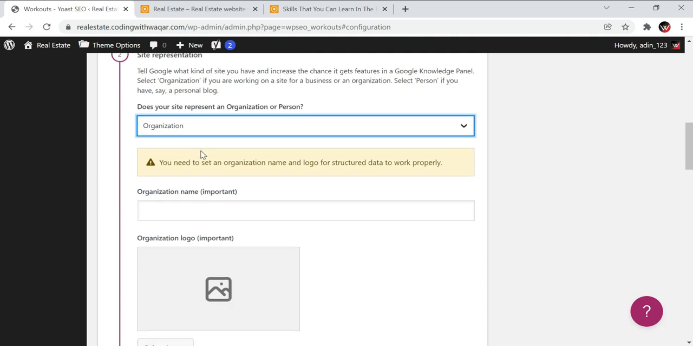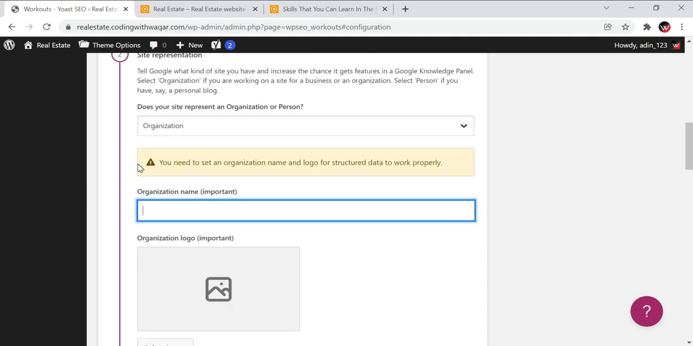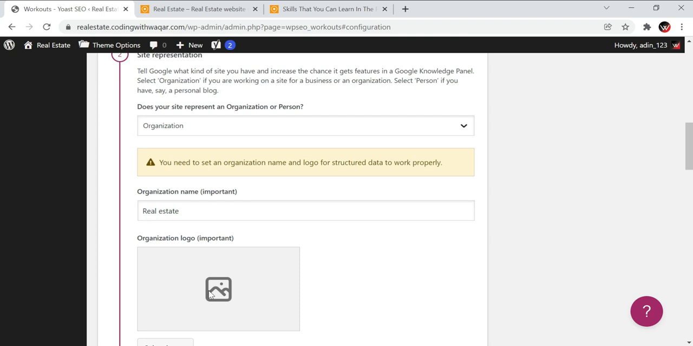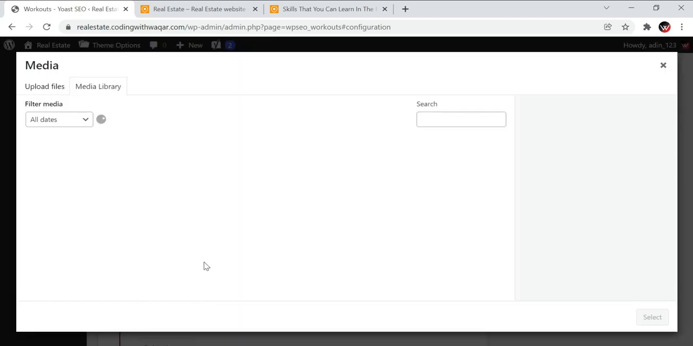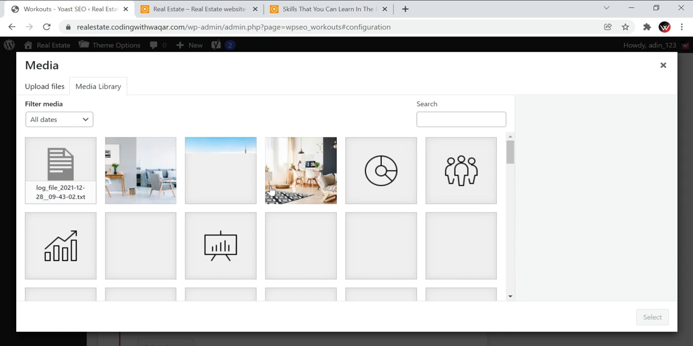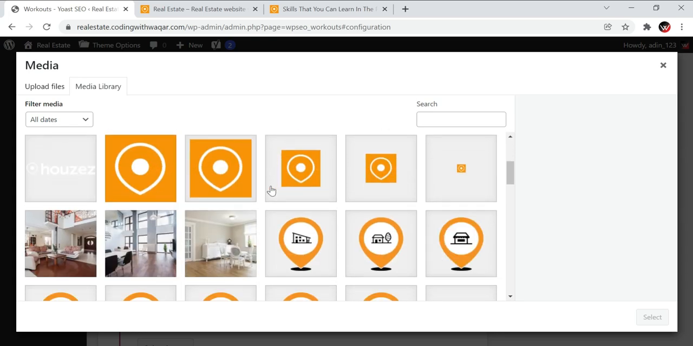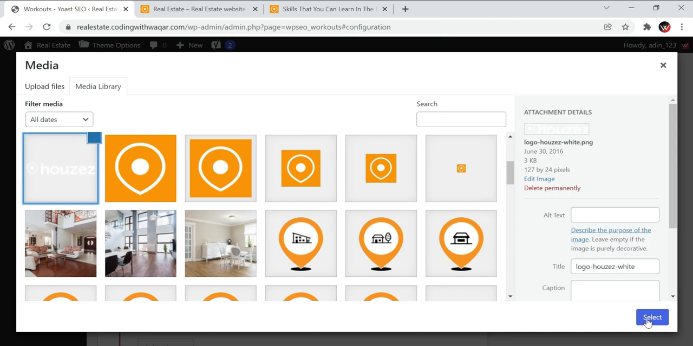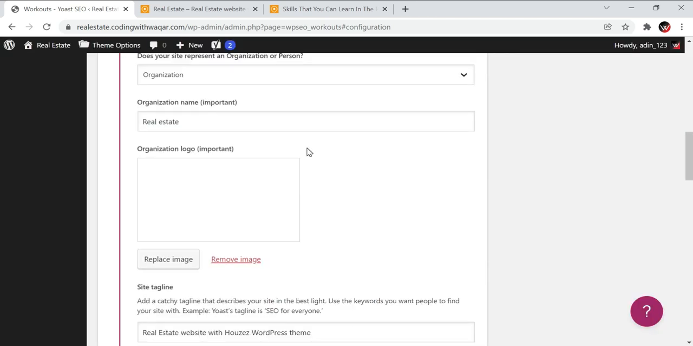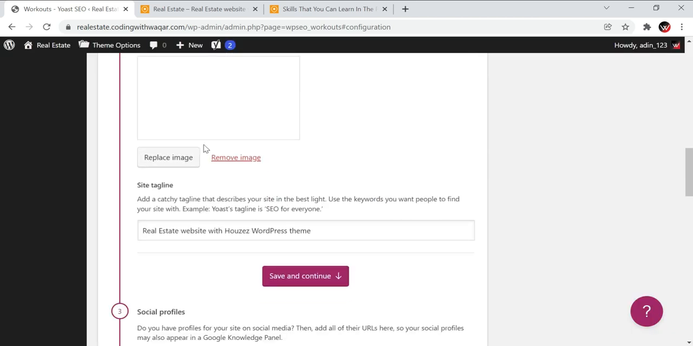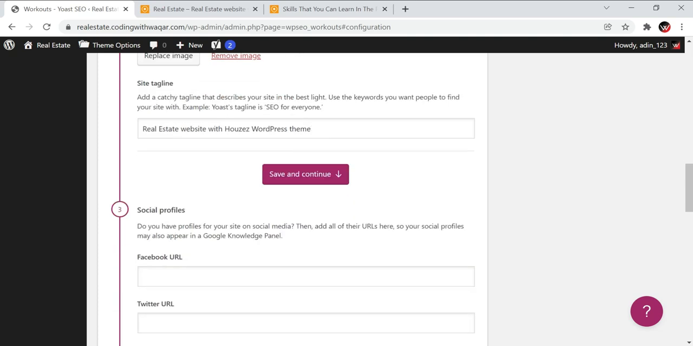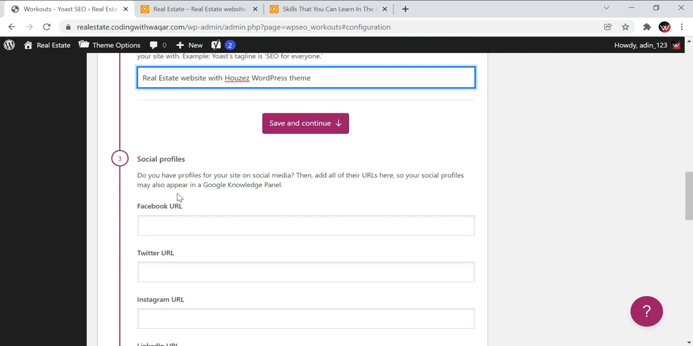I'm going with the organization name, like real estate. Whatever your website name is, you can write it here. Select the logo of your website. It will register against your website, and on Google it represents that this belongs to you. Select this logo. After selecting the logo, you can add the site tagline here. If you have social media accounts or social profiles, you can also